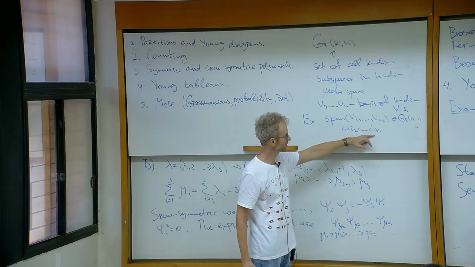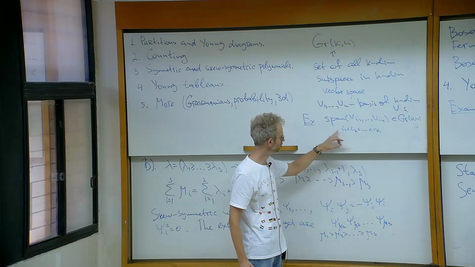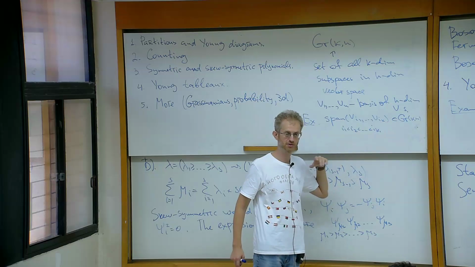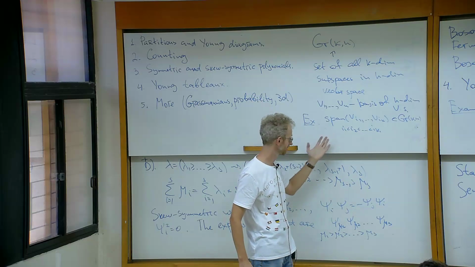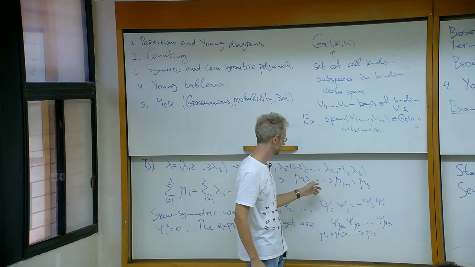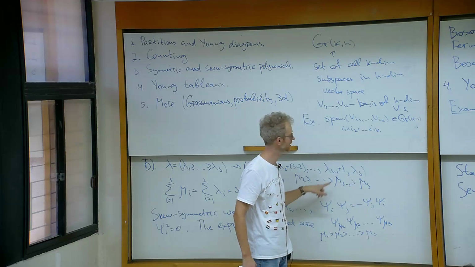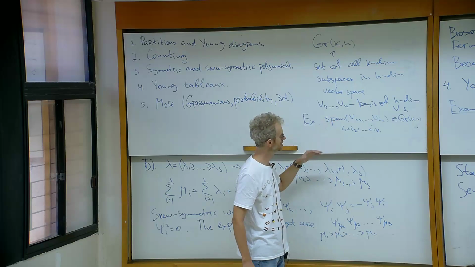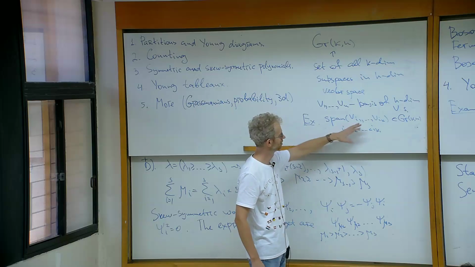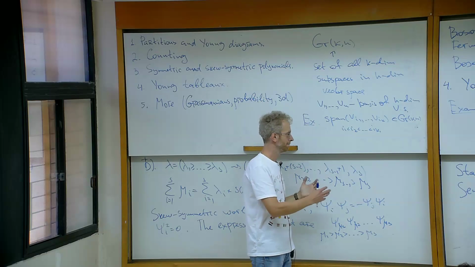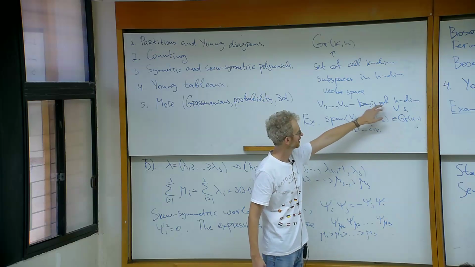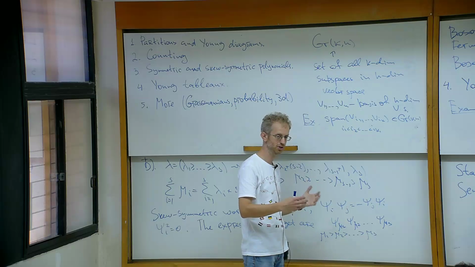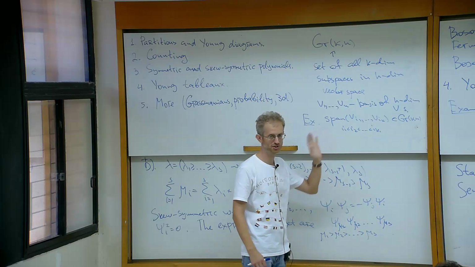First of all, these special points play a crucial role in the study of topological and algebro-geometric properties of these varieties. And somehow the combinatorics of partitions and Young diagrams can be translated into the geometry of these Grassmannians. And flag varieties are collections of k-dimensional subspaces for k equals 1, 2, 3, and so on, which are embedded into each other. But this I'm not going to